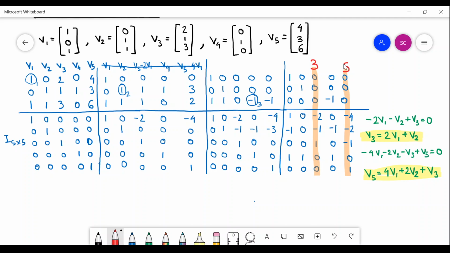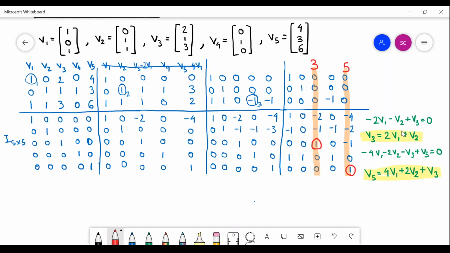This you can also infer from this chart, from this table that you have made. So if you are given the table and just by looking at the table you are asked to give the vectors which are dependent on the other vectors, they will be v3 and v5. Also you notice that this v3 has not changed. So of course v3 can be related to the others, v5 can be related to the others very easily.